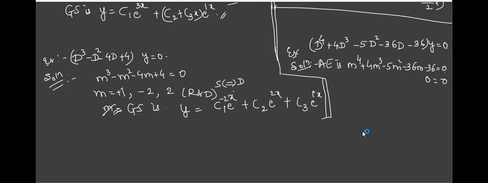1 plus 4, minus 5, minus 36, minus 36. It will not become 0. You can just observe. Go for any other value. See how to choose the values. You go for either 0, 1, 2. If it is not possible, you can even go for 3, or else you can take like this: first 0, then 1, then after that you can take minus 1, you can take 2 and then minus 2. I want only one value. If it is not becoming 0, then go for higher. At the most, go from minus 3 to plus 3, not beyond that.